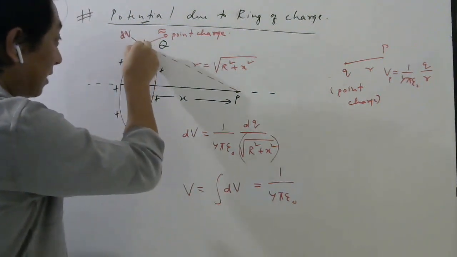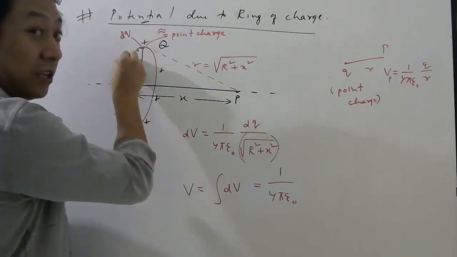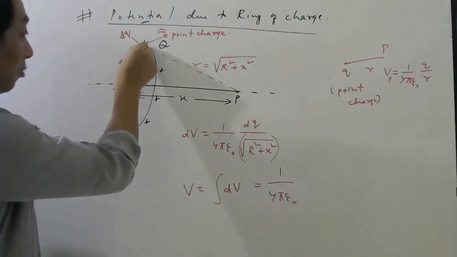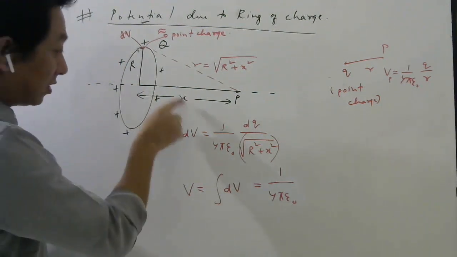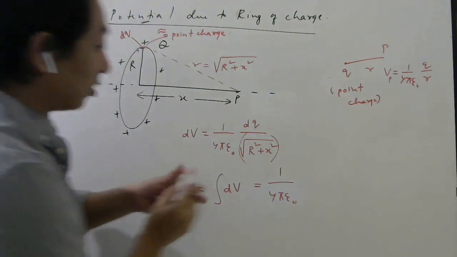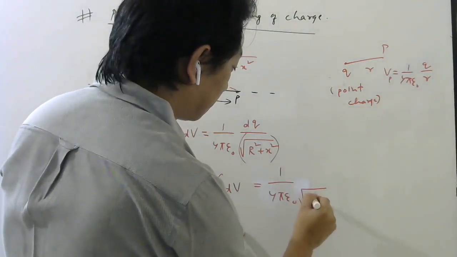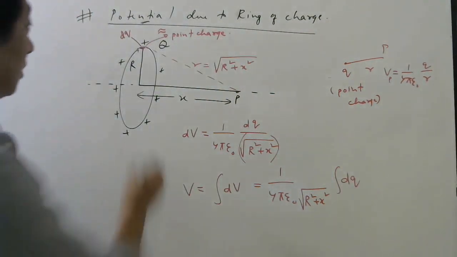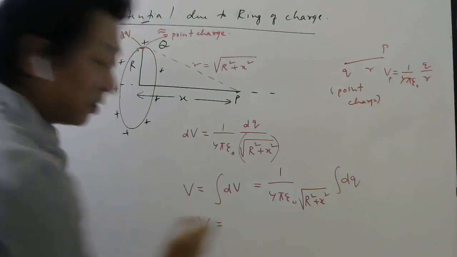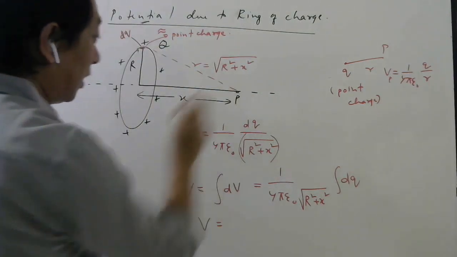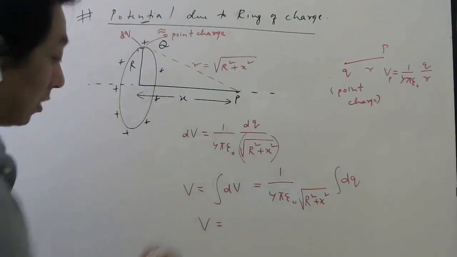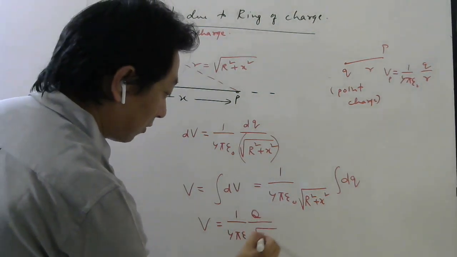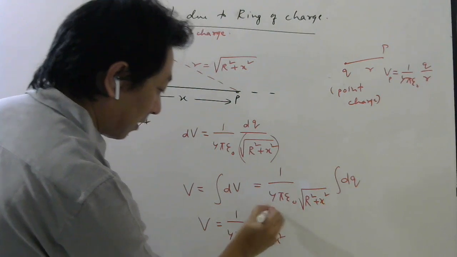Now listen carefully. As I go from this dq to this dq to this dq, as I move along the ring, do you think this r and this x will change? Think. When I come to this part, what will be the radius? This only. What will be this x? This only. So r and x are also constant, so you can take them outside too. What is left? Only the integration of dq, and that will be the total charge. So the potential due to a ring at a point at distance x from the center will be 1 by 4 pi epsilon naught, total charge divided by root over r square plus x square.